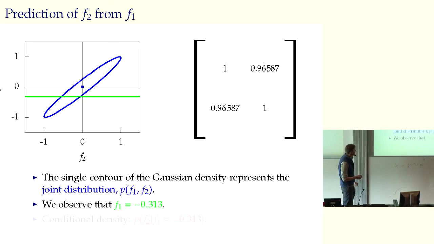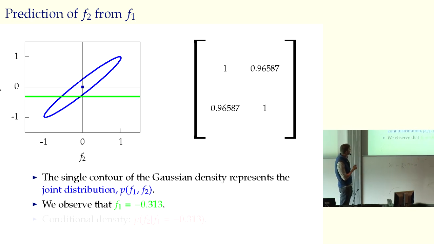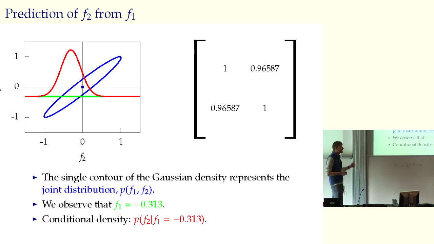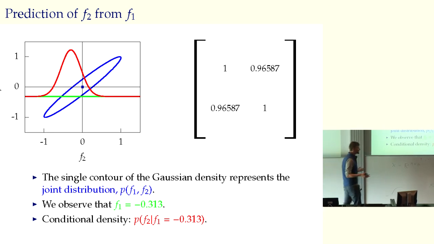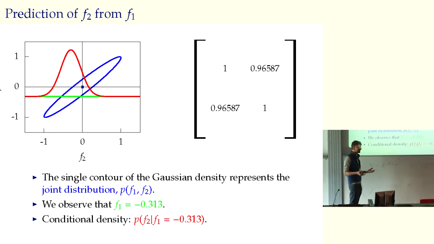The F1 is minus 0.313, which is actually what it was on the previous slide. And conditioning on that, I now want to make a prediction of F2. Now, in the Gaussian case, again, crazy property, all the conditionals are Gaussian as well. So the previous property is it's closed under marginalization. It's also closed under conditioning. It has to be, if you think about it, because the way to get a Gaussian is to multiply a